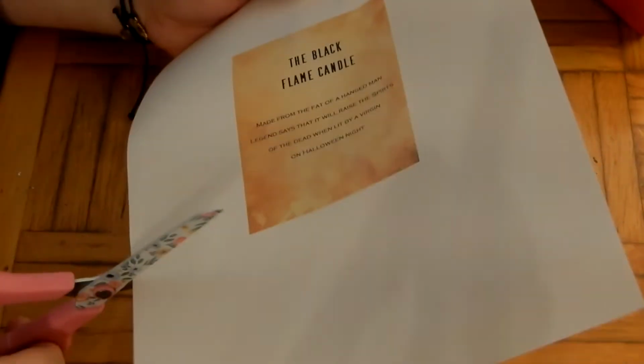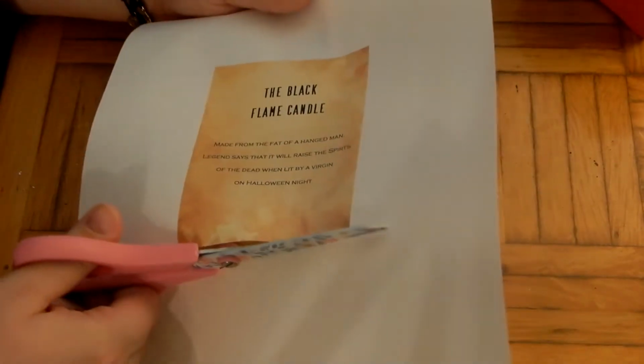So you're going to need a candle, obviously, and some label that says the Black Flame Candle, or whatever it is that you want to say. I made this up on Word myself, and some kind of glue. I used Mod Podge. So here I'm just cutting out the label, and then I'm going to burn the edges